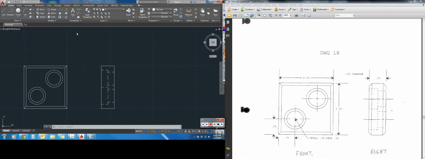Alright, the last thing that we're going to do in drawing 18 is to create the chamfered edge. That's where on the corners of these rectangles I'm going to cut it off at a specific distance or angle. So like I said, a chamfer is similar to a fillet, except we're not cutting a round corner, we're just